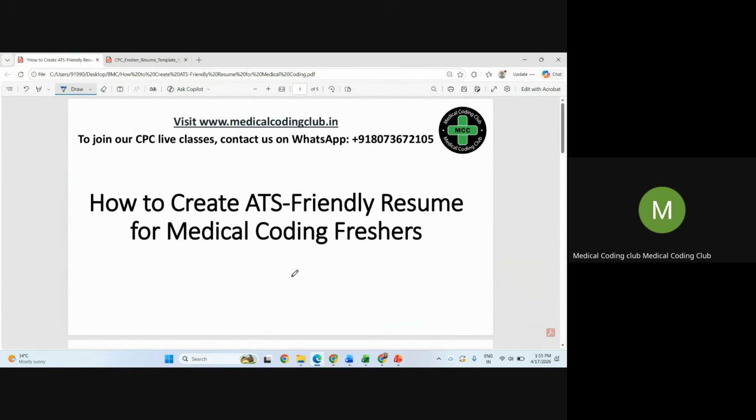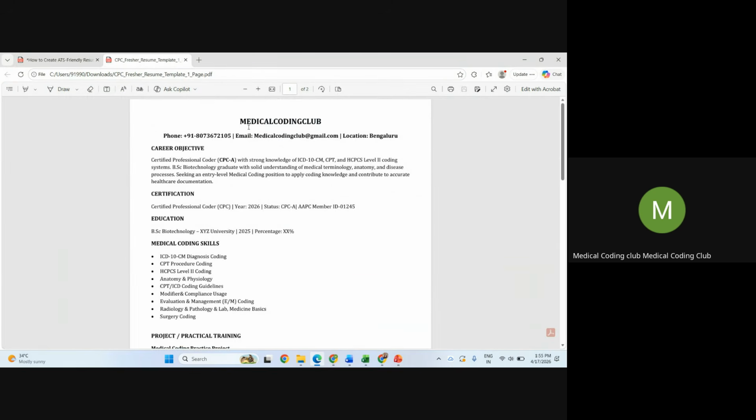So now let's see the sample. I have one sample resume. You can see here, the first thing, I have kept Medical Coding Club, but you should keep your full name. Whatever your first name and last name are, keep them as they are. If you have obtained certification under that name, you should not change anything. Whatever is in your AAPC membership, the same name should be kept in this place. You can highlight it, or give some extra font size to your name